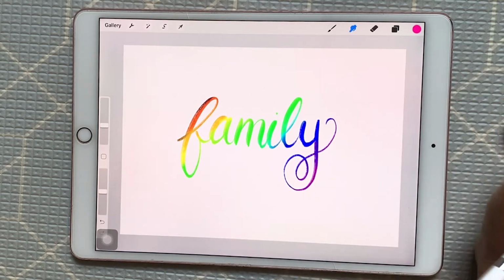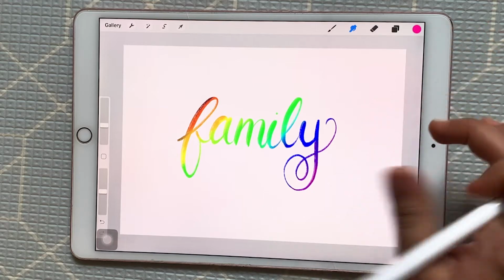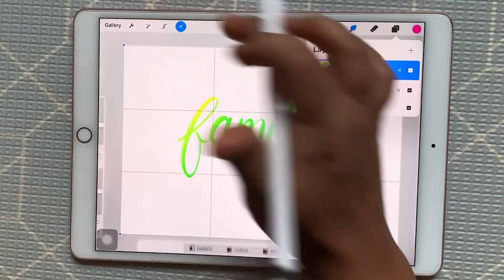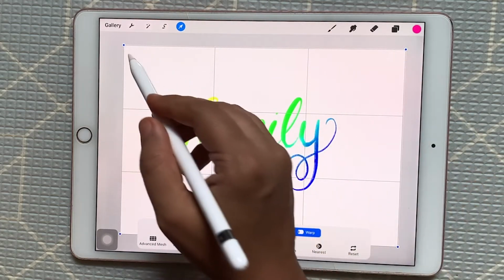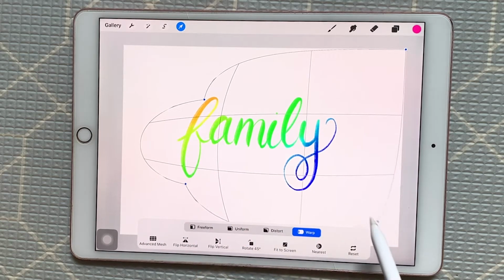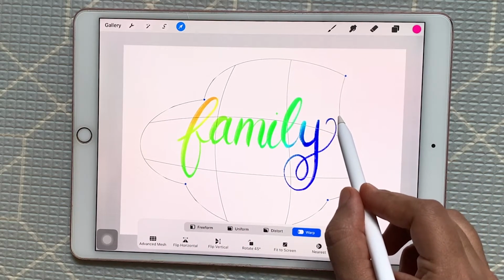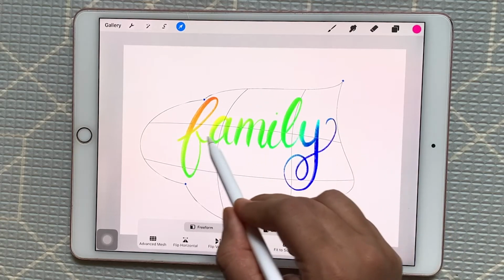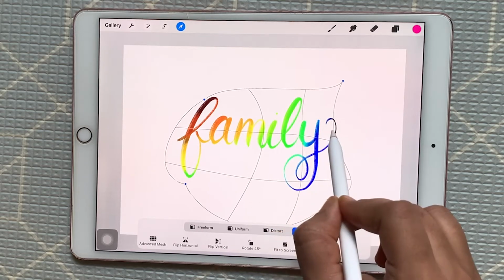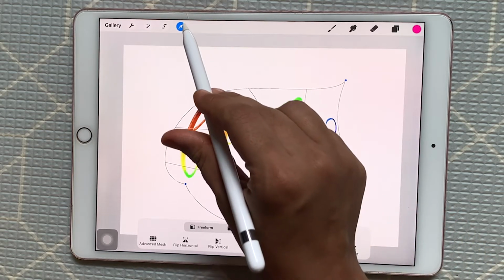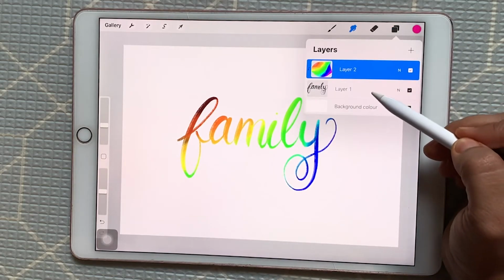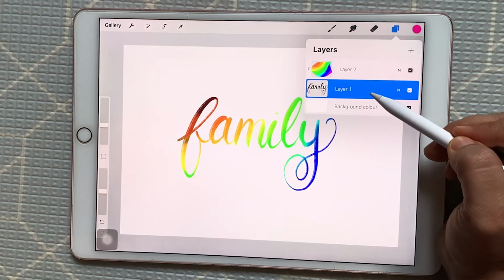So this is how it works. We can change the style of our font also by selecting this.